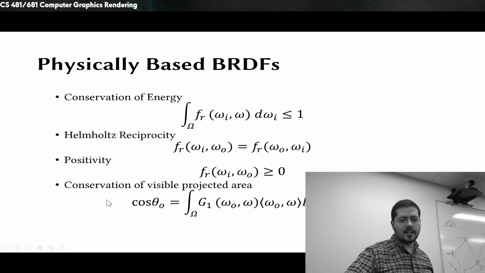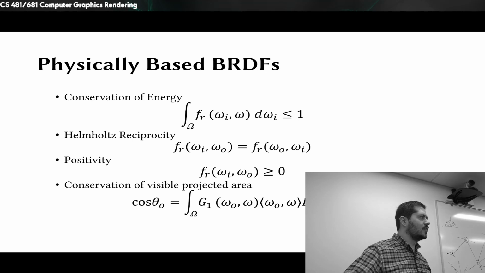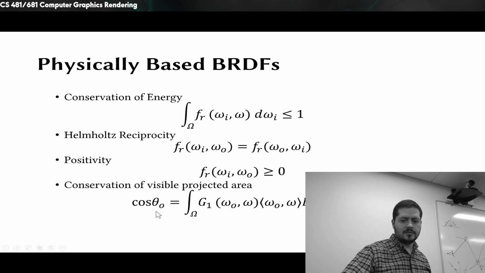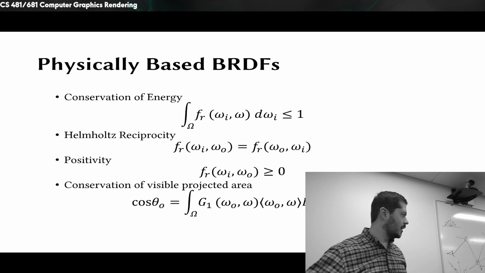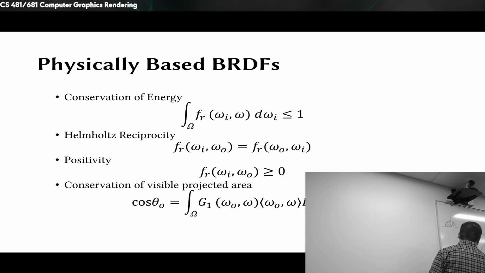And then lastly, we have conservation of visible projected area. Now this is a relatively new one because a lot of times this is not really applicable when you're talking about perfectly flat, smooth surfaces, okay? It's always the cosine. It doesn't matter what. But what this is getting into is the idea that we can have microfacets, all right? And if you have some kind of surface,